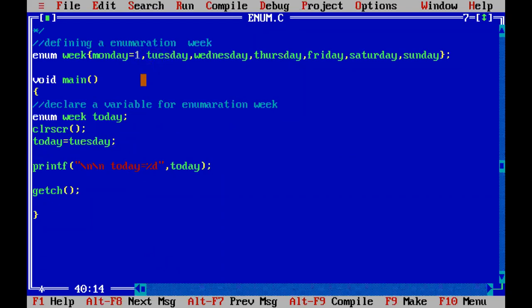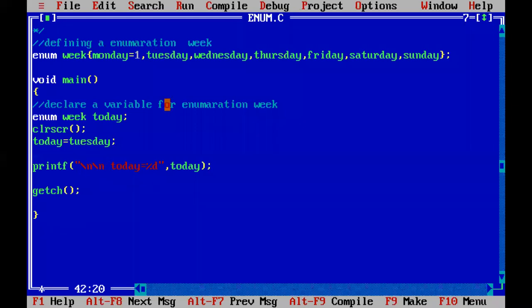So instead of recognizing the days in a week with the names Monday, Tuesday, Wednesday, you can remember them with the integer constant. If you know the integer constant, for example, today's integer constant is 2, you can easily identify what the day is. It is Tuesday. If the today value is 1, what is the 1 value represented in the enumeration? Monday. So if you know the integer constant, you can easily identify the day in the week instead of recognizing it with the names.